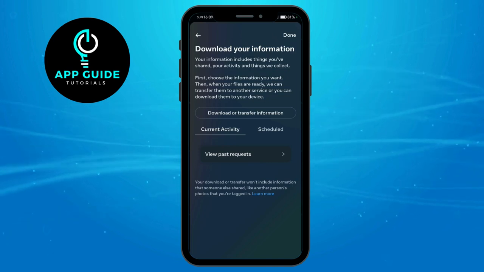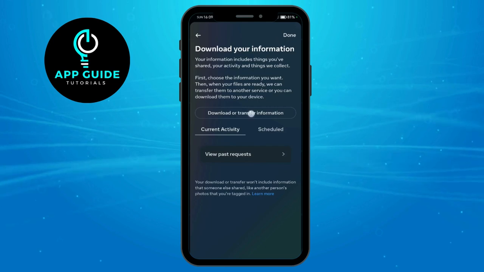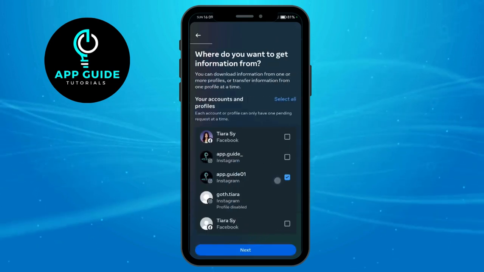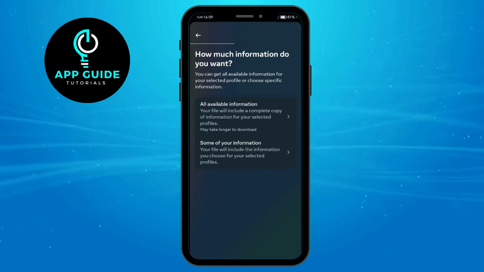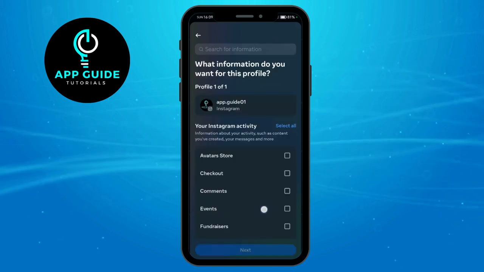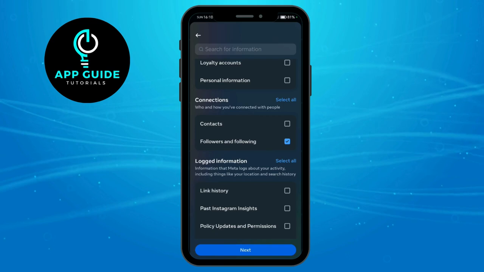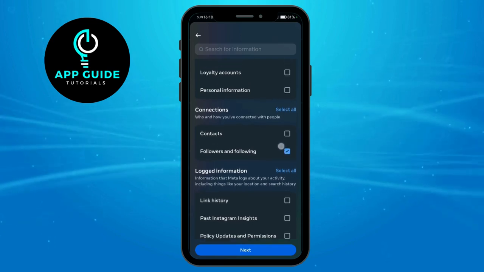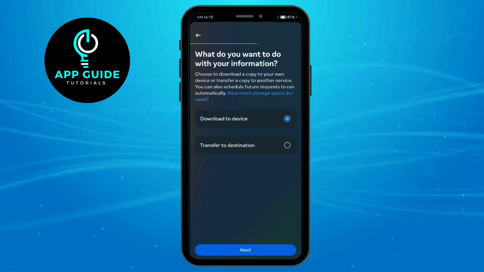Now, once you're here, all you have to do is tap on Download or transfer information right here and click Instagram. After that, you just have to choose some of your information right here and locate Followers and following right here. Now, after checking this box, all you have to do is hit Next and click on